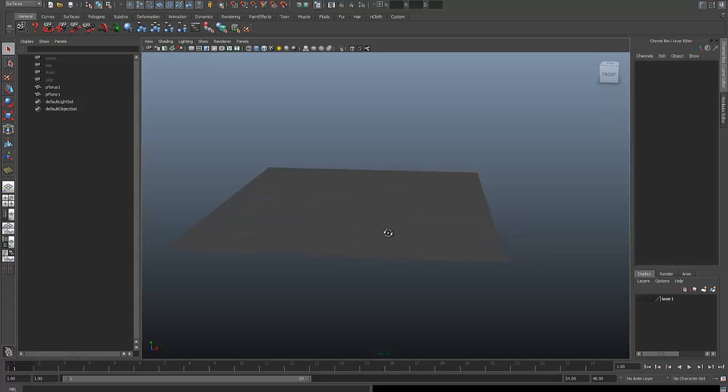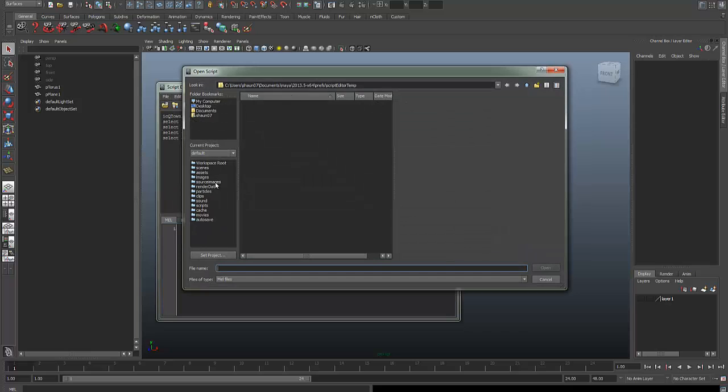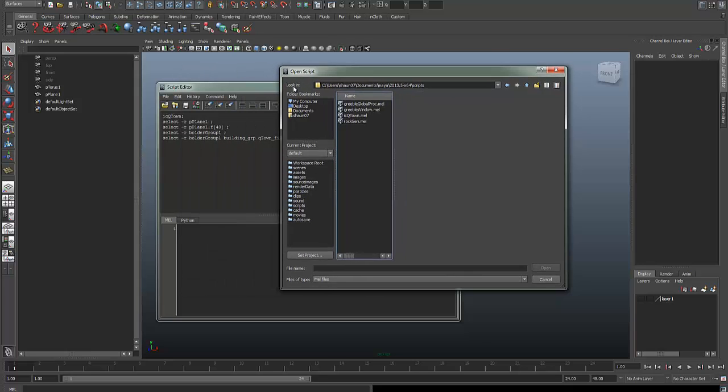Every once in a while you'll get some files that reference other files, for example, the Greeble. It's got a Greeble window file and also a procedure file. It's a proc file. And so the instructions will say what you need to do. You needed to source one of them. So in this case,